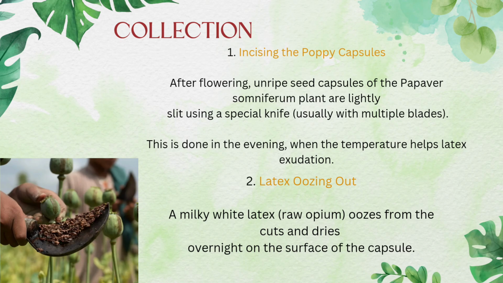Then collection. First is incising the poppy capsule. After flowering, the unripe seed capsule of the Papaver somniferum plant is lightly sliced using a special knife. This is done in the evening when the temperature helps latex exudation. Second, latex oozing out. A milky white latex, raw opium, oozes from the cut and dries overnight on the surface